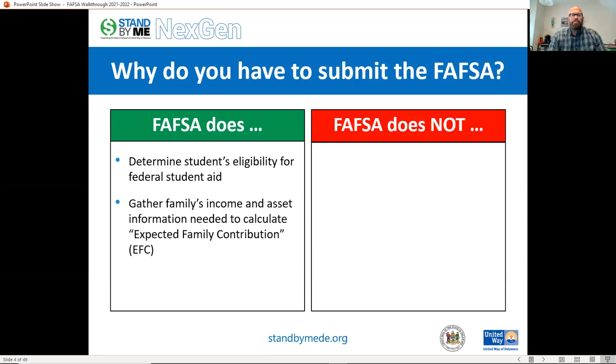And they do that by calculating what's called the expected family contribution. So the FAFSA gathers the family's income and asset information to make this calculation to determine how much the family may be able to contribute to the cost of a student's education. We're going to talk a little bit more in depth about the EFC on the next slide. And again, the FAFSA does need to be submitted every year because your income situation, your asset situation could go up or down, and that would need to be reflected on the FAFSA to be able to accurately calculate the